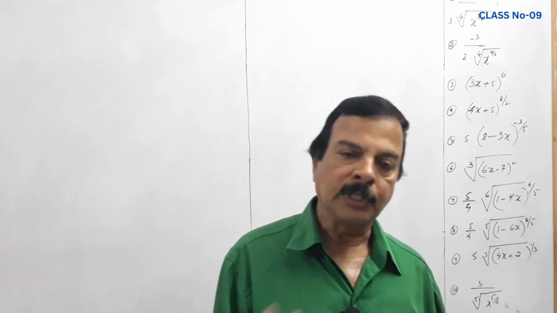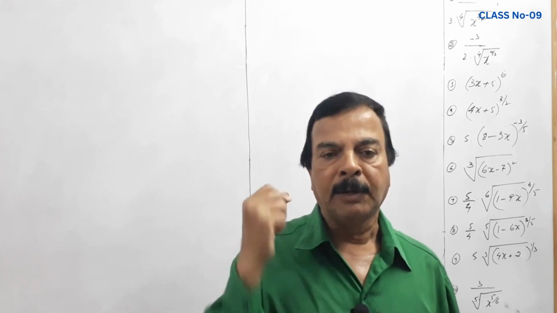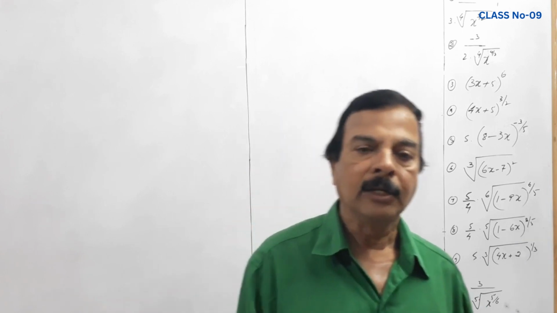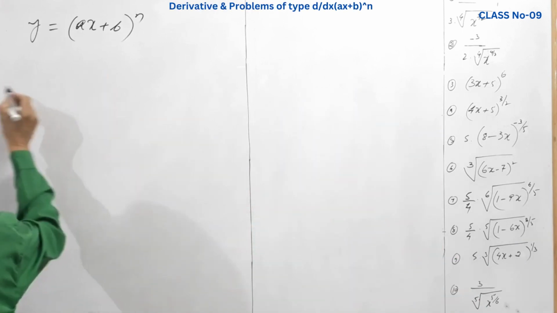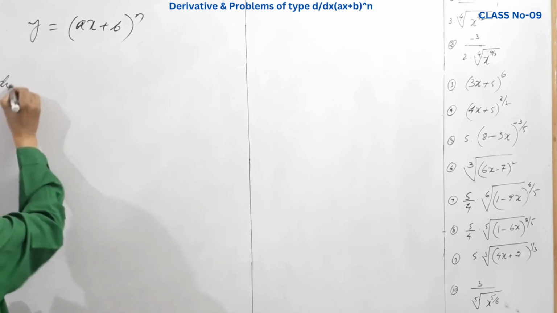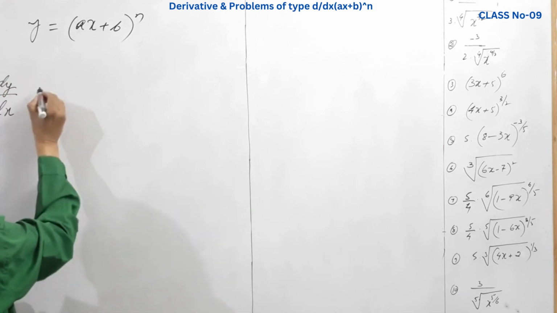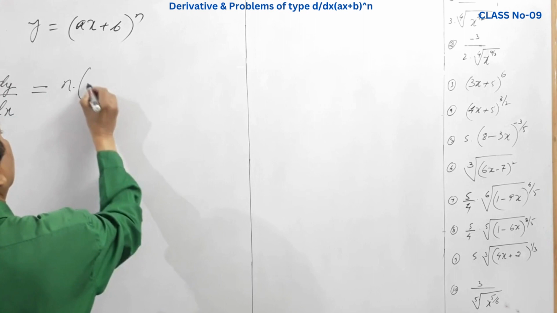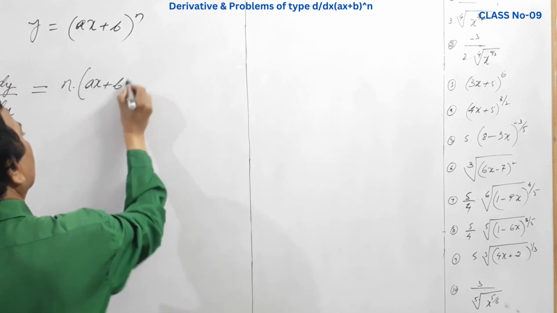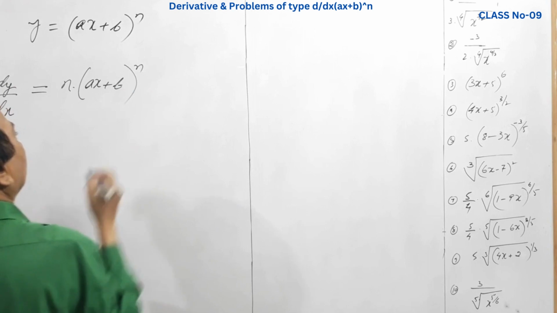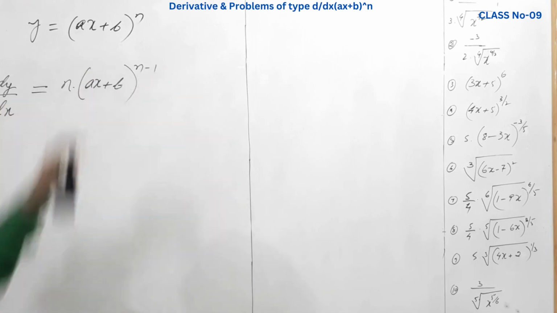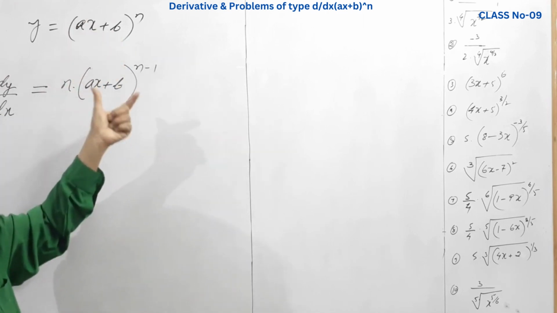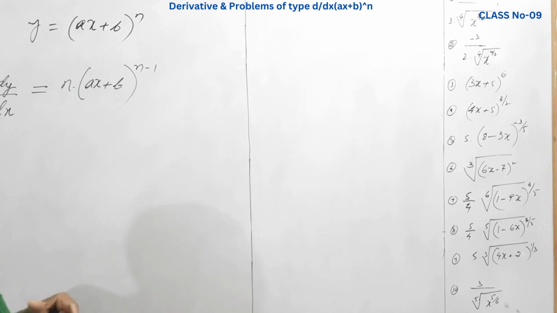So, without wasting much of our time, let's begin: d by dx of (ax plus b) to the power of n. The solution for this, I taught you. dy by dx equals to what? n into (ax plus b) to the power of n minus 1. This is your differential, as good as x to the power of n. So, similar to this, x to the power of n gives n into x to the power of n minus 1. But now we have